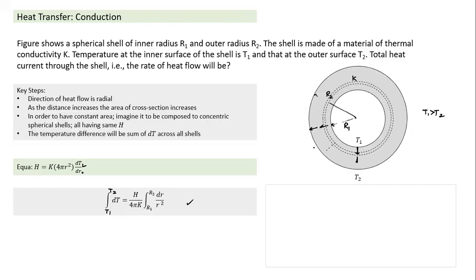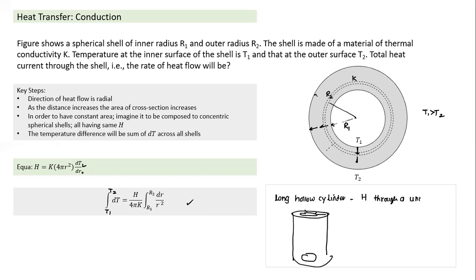Okay, one more variation I can think of. This is when it is a spherical shell. It could also be a hollow cylinder, a long hollow cylinder, something like this. If it is a long hollow cylinder, how would the heat flow take place? Again, here also, if you look from the top, heat will flow in the radial direction. I can calculate the heat flow through a unit length.